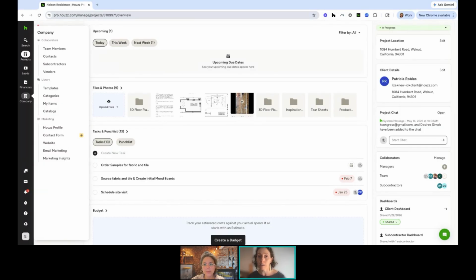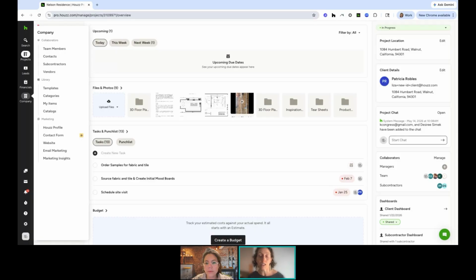So today, a lot of you are probably using text messages, maybe you're using WhatsApp to communicate, but using Team Chat in Houzz Pro can help you keep those conversations at the project level. So for instance, if you're talking with your teammates and have a specific question about a specific item on a project, or if you are just coordinating logistics for a project, you can have that whole conversation within Houzz Pro,